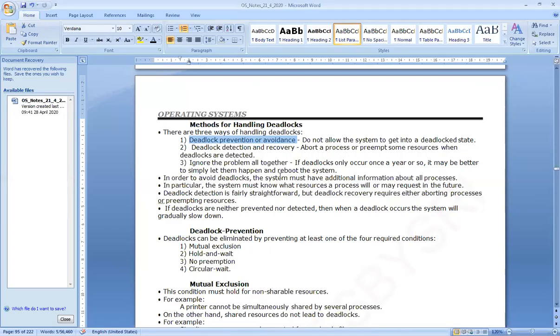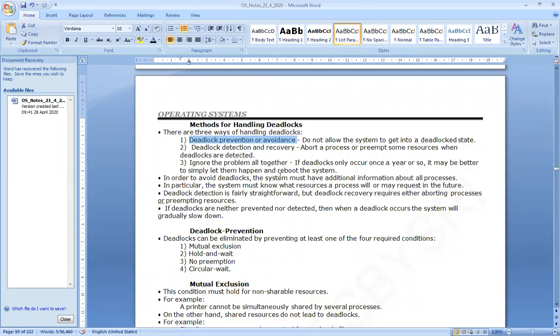But it is not as simple as we are telling. Deadlock is a situation which occurs when the operating system is working with n number of processes, and that number may vary from 1 to 1000, or 1 to lakhs. When so many processes are working together, preventing or avoiding a deadlock situation is very, very difficult, almost an impossible task. Simply saying please prevent or avoid deadlock using some technique or algorithm is very difficult.